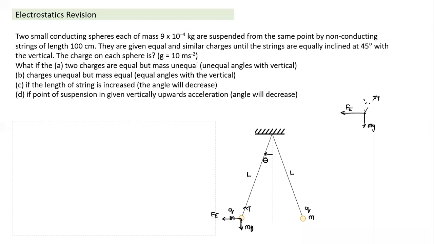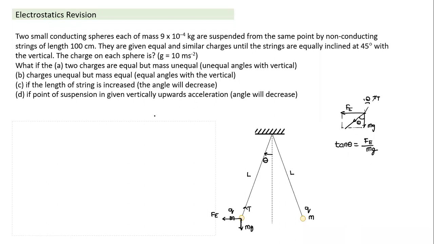So there are two ways of analyzing. Either I can make net force 0, or I can understand that if there are three forces acting, the sum of two forces should be equal and opposite to the third force. So if I take the resultant of Fe and mg, the resultant should make an angle theta here. So what is tan theta here? The angle it will make from the vertical will be equal to Fe, the horizontal force, divided by mg, the vertical force. So that's the angle theta it will make, and we can calculate.